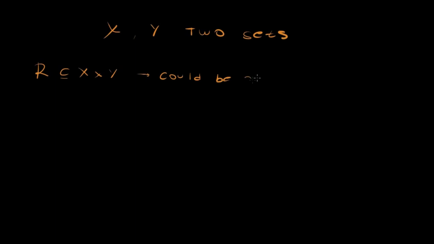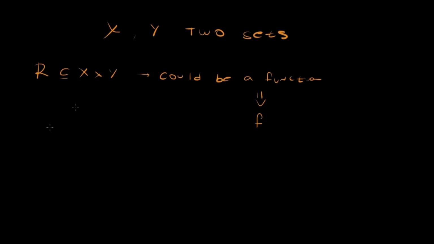So I had a relation, let's say I had two sets, set x and set y, and what I did was I just had a relation that was a subset of the Cartesian product x times y. And if this satisfies the property, then this could be a function. And if it were a function, then I called it f. That's what we had so far, from x to y.